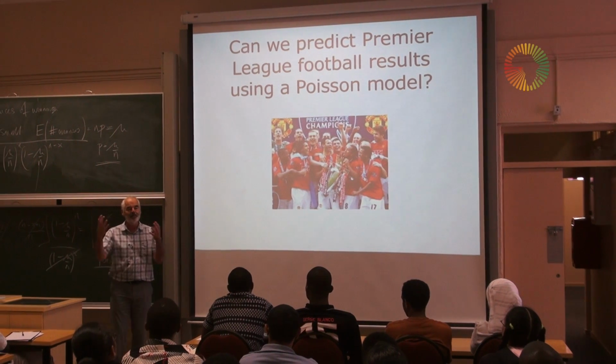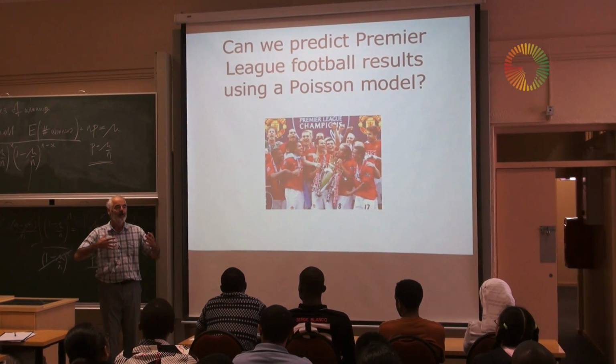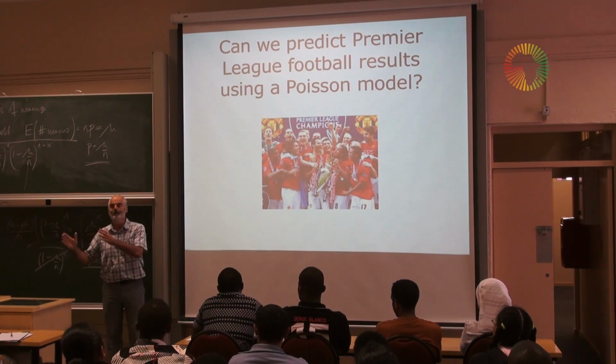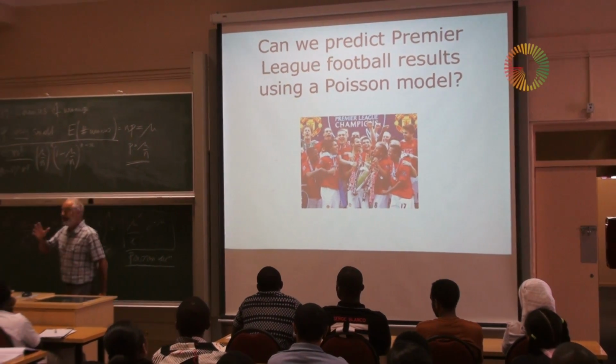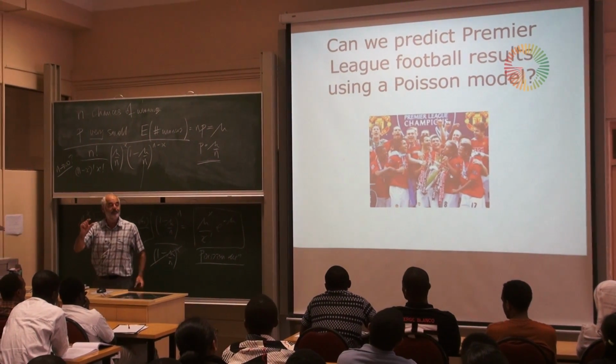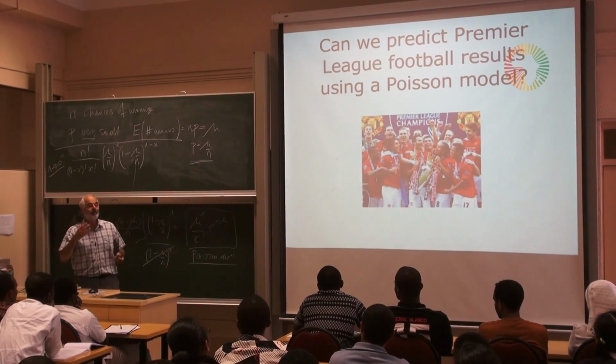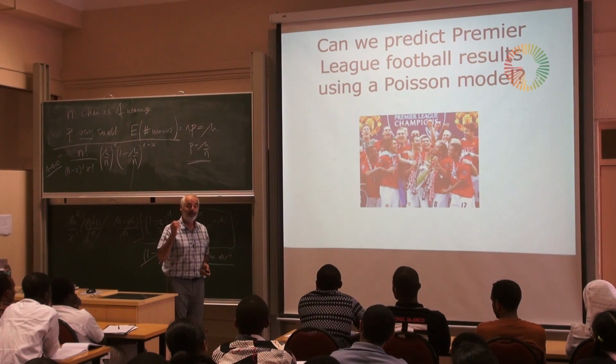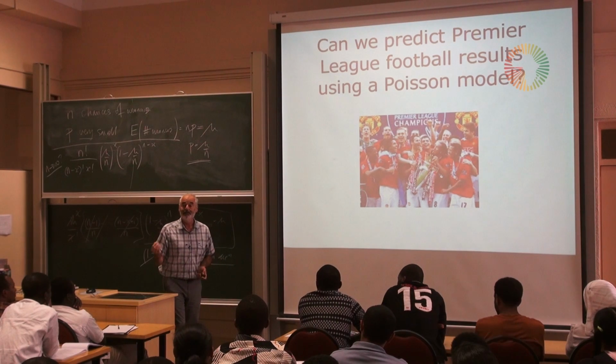Because if you think of a football game over 90 minutes, there's hundreds of chances to score a goal. Well, there's many chances. But at each one, there's a very small chance. Every minute, there's a chance. So it ends up that actually the variability in a Poisson is Poisson, and it matches the data really well.